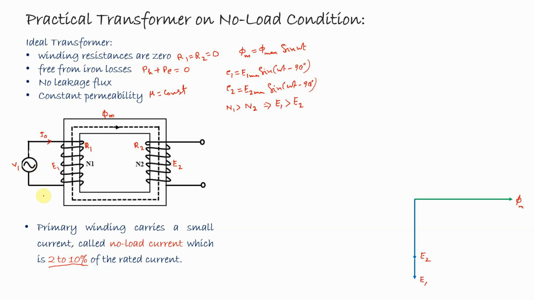In ideal condition, when there were no losses, we consider V1 is equal to minus E1, that we have considered in case of ideal transformer, because we have considered there were no losses. But here again there will be a voltage of the primary which will be equal but opposite of the induced EMF, but it will not be equal to V1. We can consider it as V1 dash, which is equal but opposite of the induced EMF in the primary side.